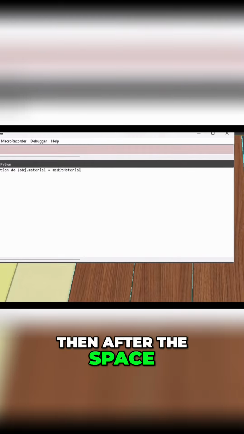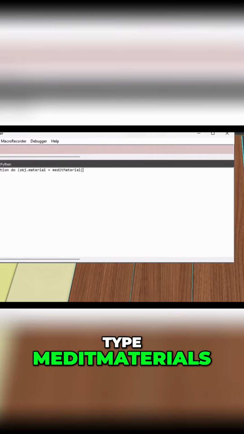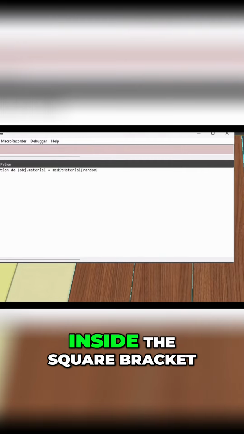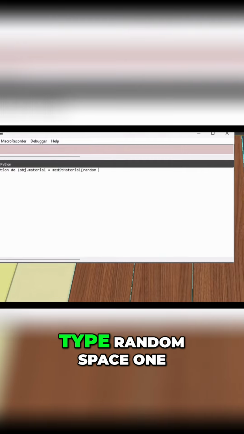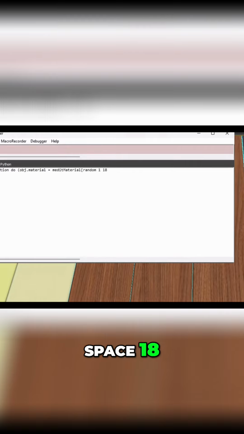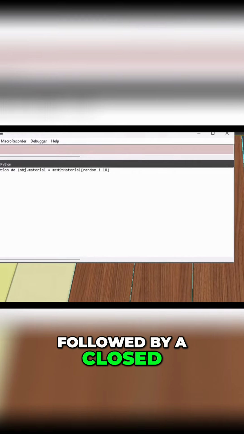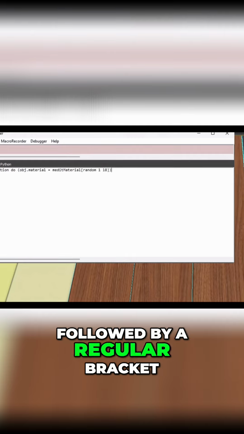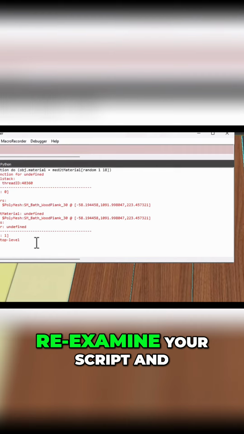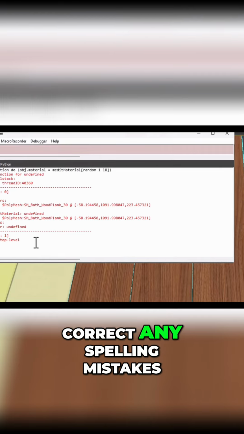Then after the space, type edit materials, followed by an open square bracket. Inside the square bracket, type random space 1 space 18, followed by a closed square bracket, followed by a regular bracket. If you get an error in red text as shown, re-examine your script and correct any spelling mistakes that